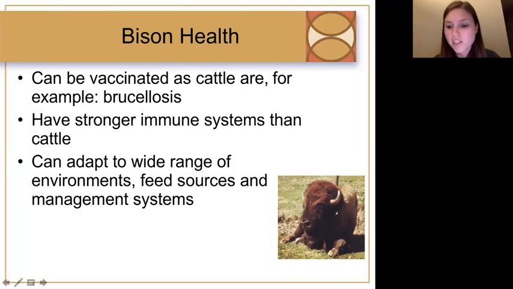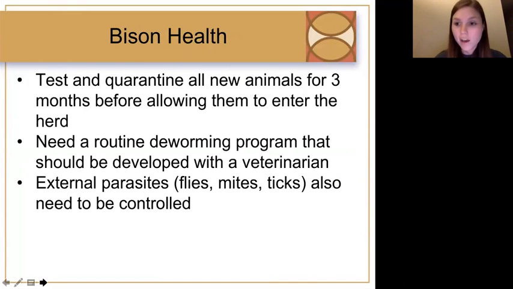And just for fun, this is actually a picture of my great uncle's, one of his bison. He has a farm in Lunenburg County that he sells meat and everything to. He doesn't really have a little store like the one John was saying, but he does have a bison farm out there, if you're coming from Victoria on the way to Chase City. It's kind of hidden off the road, so I'm not sure how many people actually know it's there, but he has quite a few bison out there. And he also has a cattle farm. So he's a pretty good person for me to talk to when I want to learn about the differences between raising both. I've been out to his bison farm quite a few times.